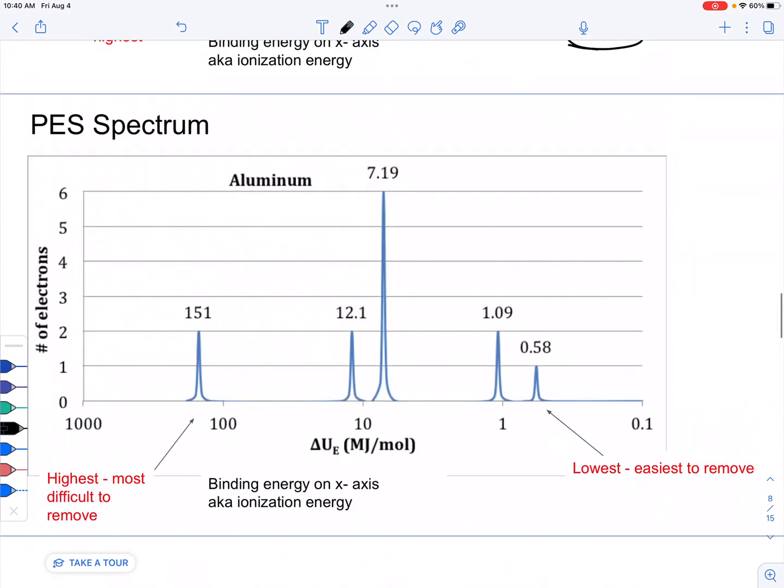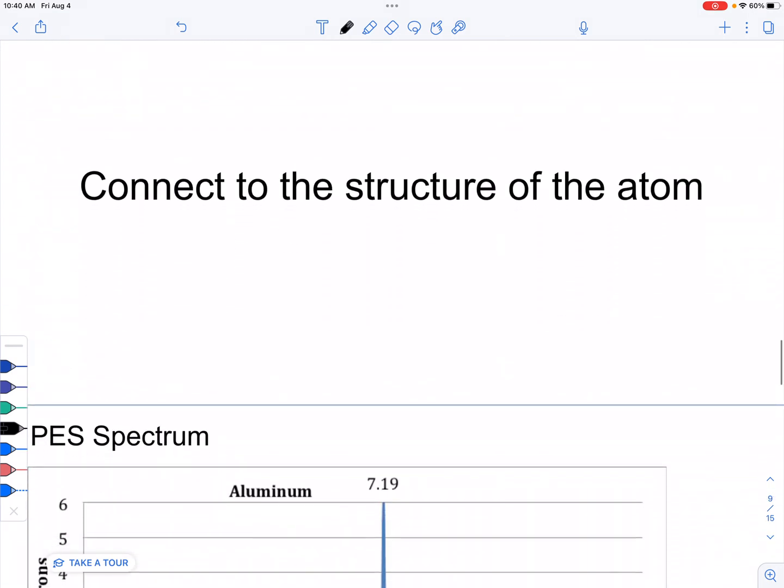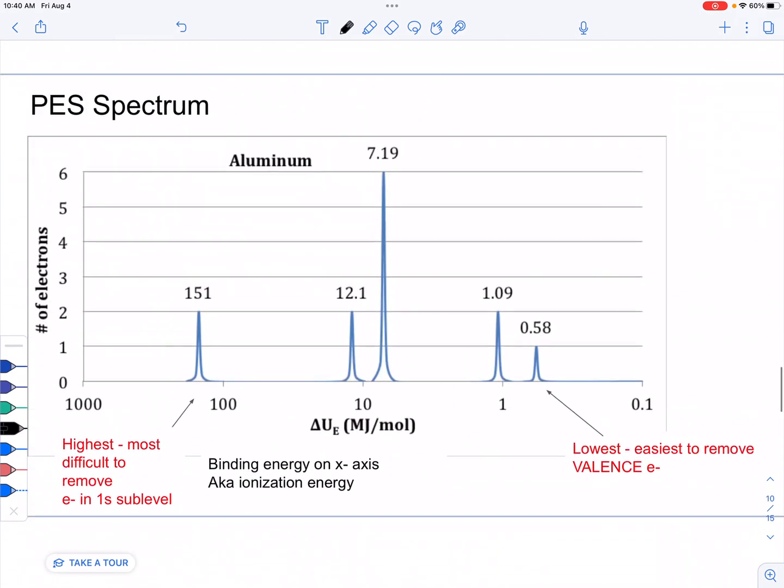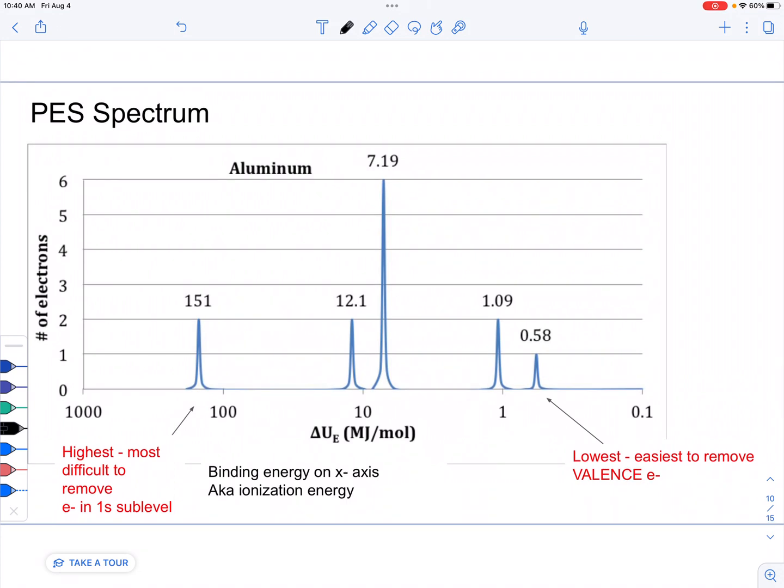Alright, so again, the highest binding energy means it's going to be the most difficult to remove them, or it takes the most energy. Lowest, easiest to remove. Alright, now we connect that to the structure of the atom, and here we go. What we see now is this first peak is always going to be the electrons in the 1s. So assuming that we're not dealing with hydrogen, and only sometimes do we deal with hydrogen, whatever this peak is,